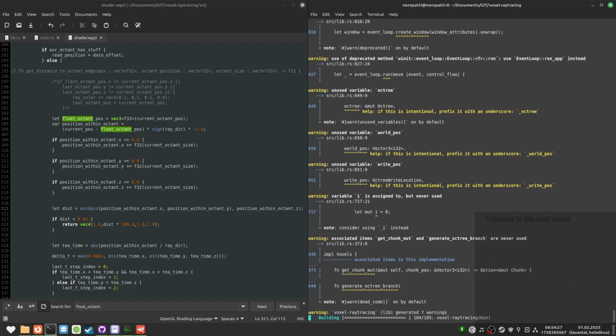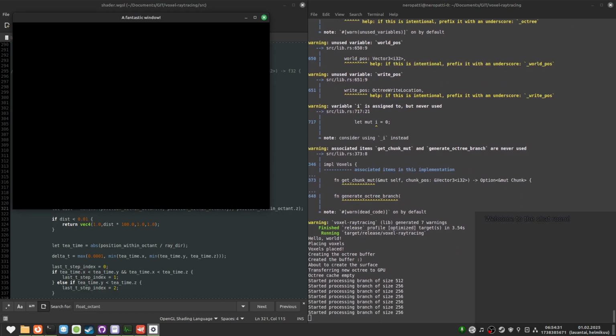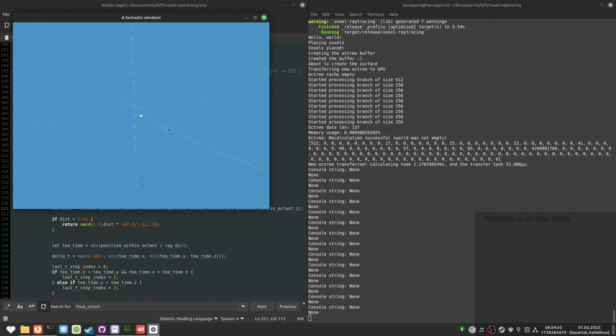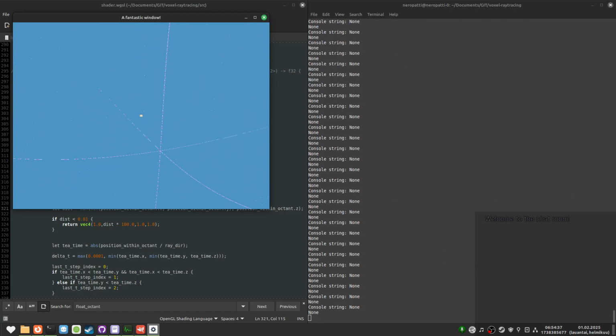If this works, then I don't know, conflicting feelings. And it works. I have conflicting feelings, because the function that I just wrote doesn't work, but this works.